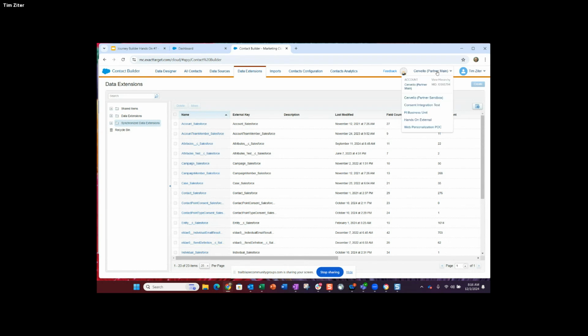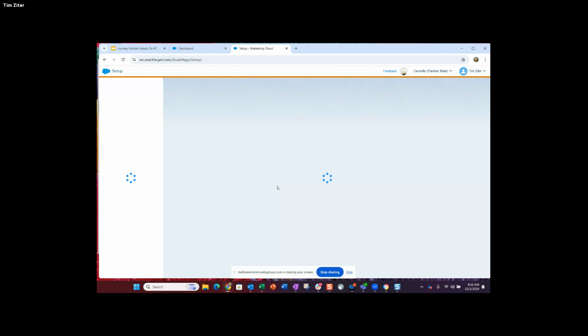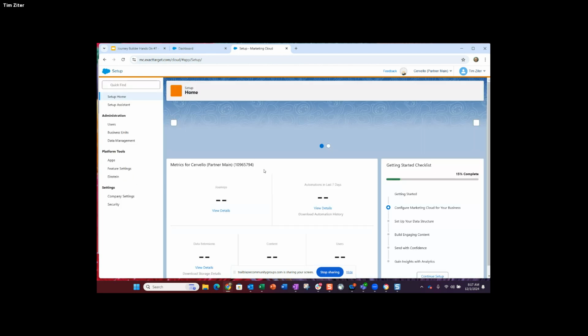In this main business unit, as well as other child business units. So we may, over time, migrate and create our own business unit for this work stream and have that be a hands-on project in itself. But for right now, we're just going to stick within the main environment. So I'm just going to grant access to Pearl, and we will get started.